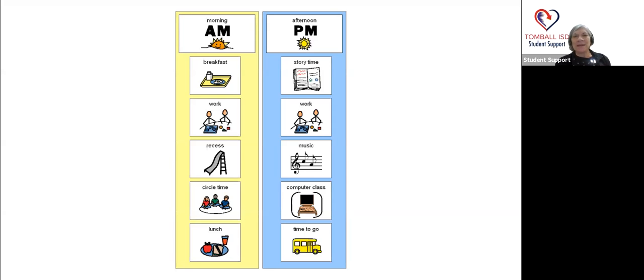It comes in handy for that student, again, to anticipate their day. You can also make those icons so that they are removable and can be rearranged, and maybe even to anticipate a special event if your child is looking forward to or is anxious about a particular event, so that you could prime them for that event or show that that event is going to happen as a positive kind of